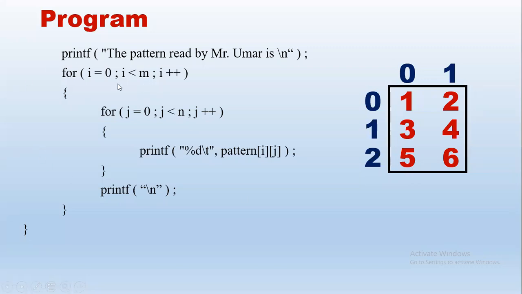Now i again is getting incremented to 2. 2 less than 3, where 3 is the m value. 3 rows are there. So 2 less than 3. So we will print the next values, 5 and then 6. And again j will get incremented to 2, and 2 less than 2 is false. We will get the cursor down, but then when we increment i next time, after 2, i becomes 3. 3 less than 3, the condition is false. We have printed the entire matrix. I hope this is clear.